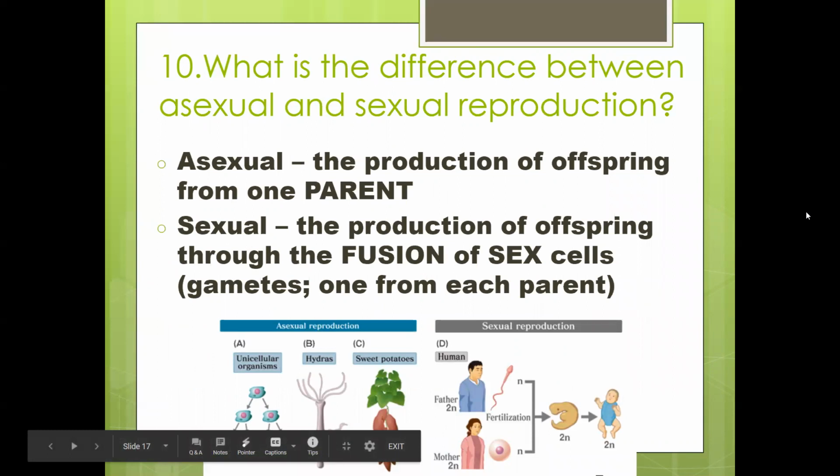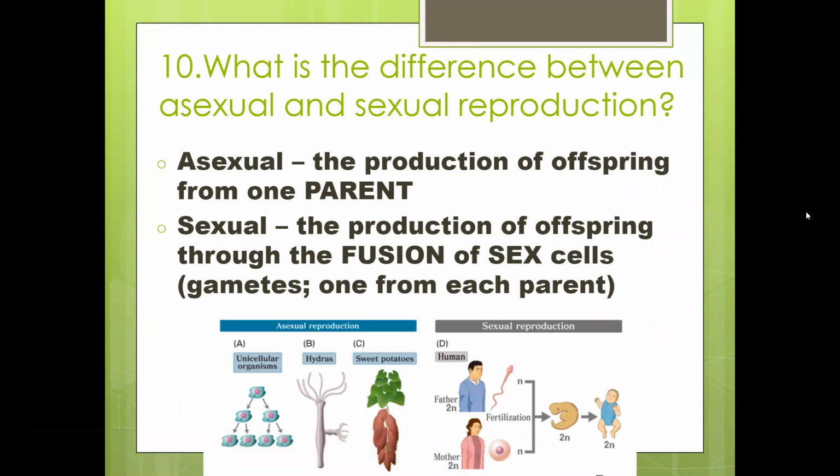So that brings me next to differences between asexual versus sexual reproduction. Asexual reproduction is the production of offspring from one parent. Humans do not do this to produce their offspring. That's not a thing. We produce our offspring through sexual reproduction, or the fusion of sex cells or gametes,